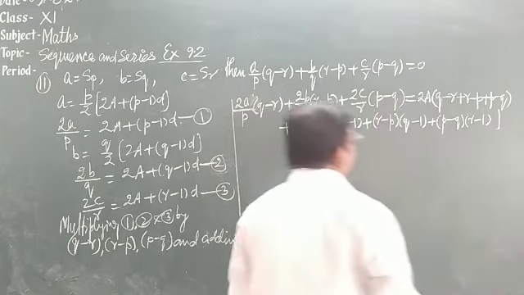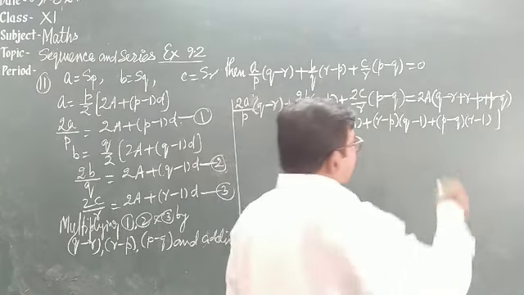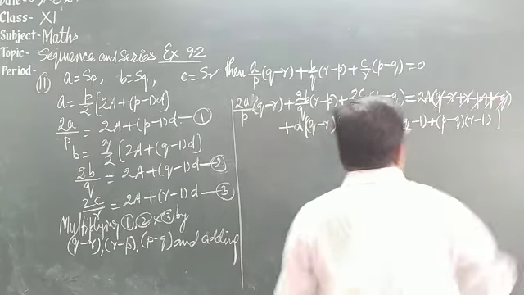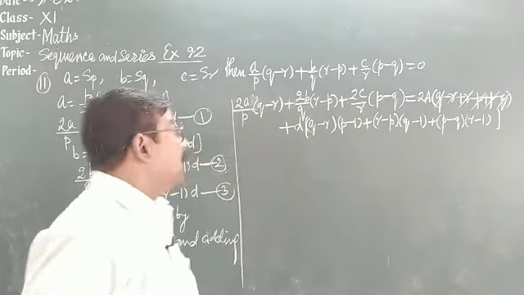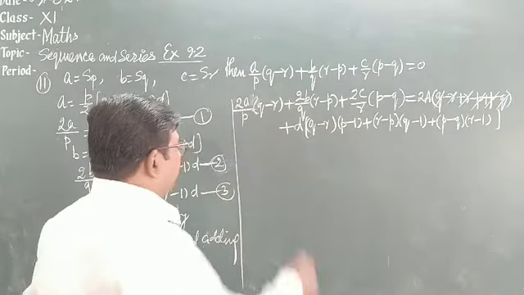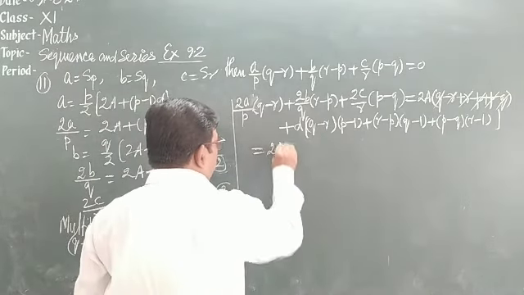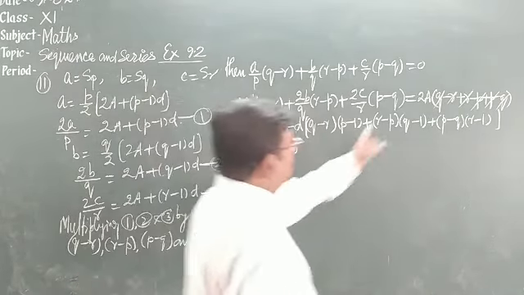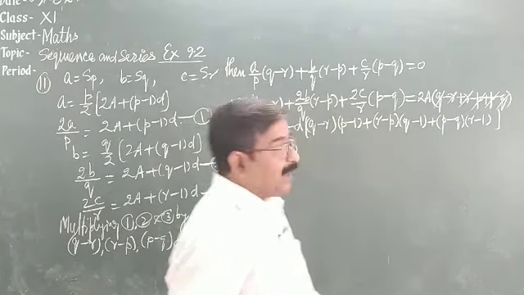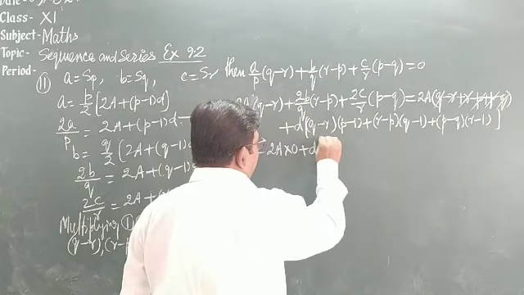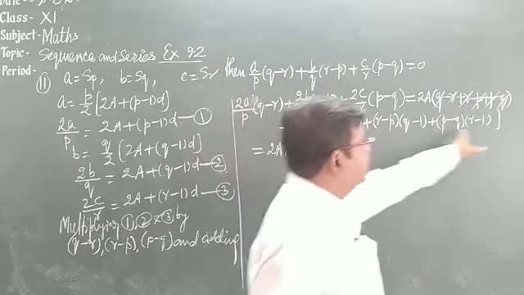This becomes, so see, here in right side plus Q minus Q plus P minus P plus R will go, and this left side will continue. In right side what we have? 2a into 0, because all these terms become 0, and after that taking d outside here, multiply all these brackets